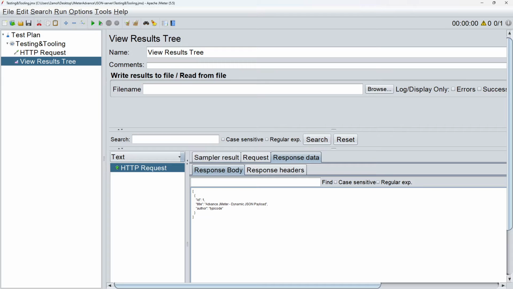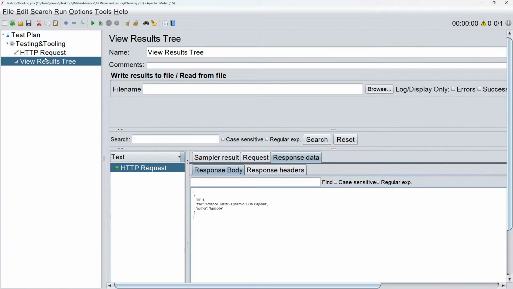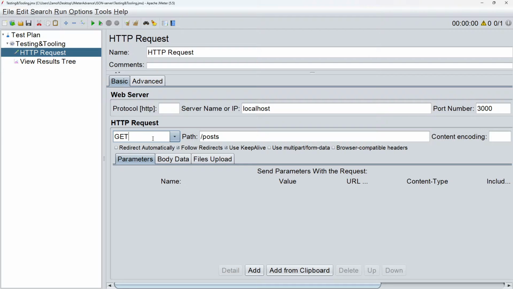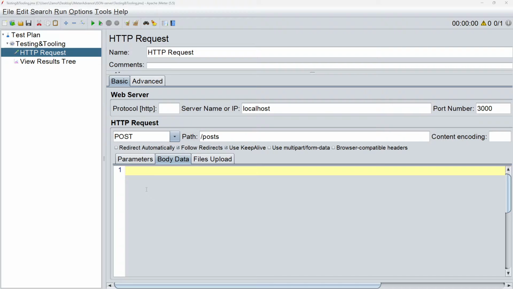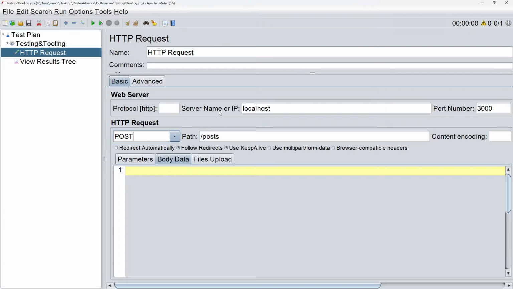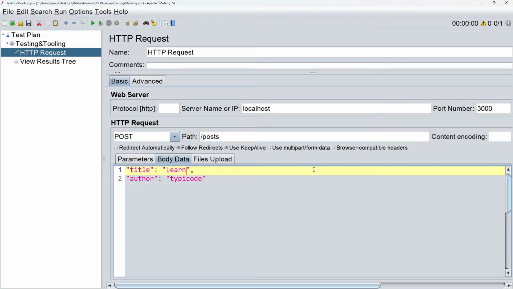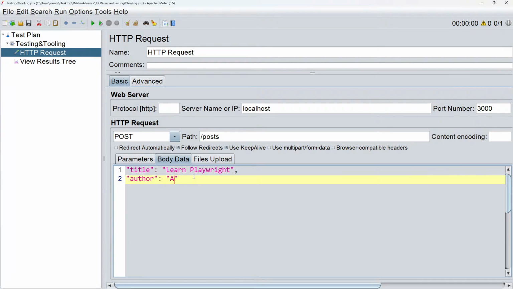We talked about covering lots of things: thread group, preprocessor, debug sampler. So first of all, I'll show you how we can make a post call and add data. We are making a post call, and if you see the body, it has title and author. The ID will be automatically generated by the JSON server, so we don't have to take care of it. So I'll just add another title, title as learn playwright, and author is